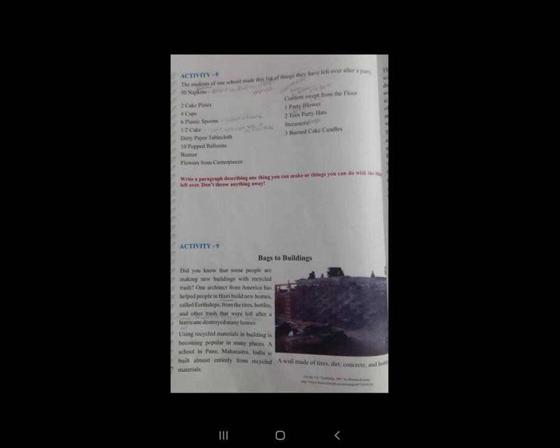So in this school, everything is reduced, reused and recycled. Is that clear? That is the article of Bags to Building.